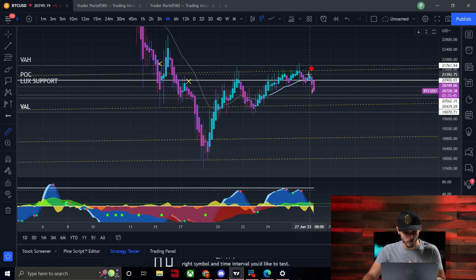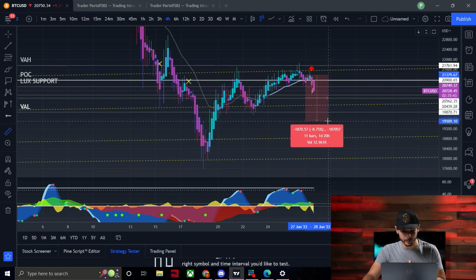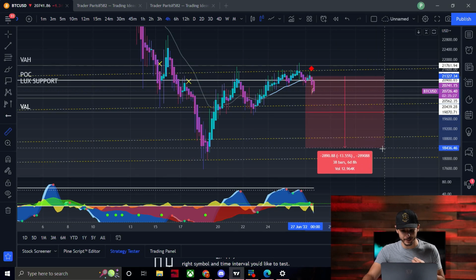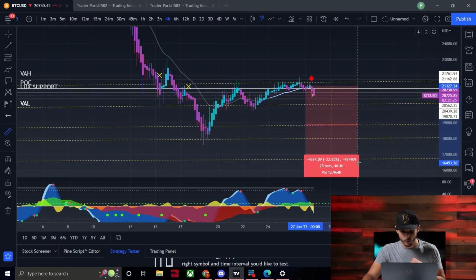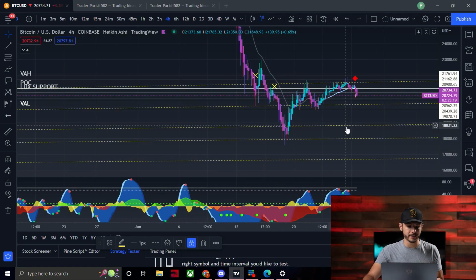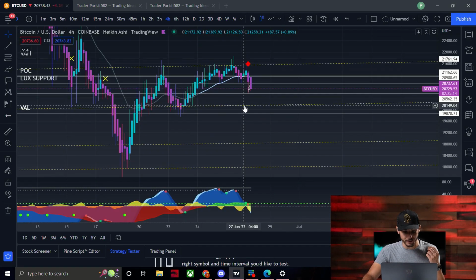Again, just to go over it one more time, 5% down from here would bring us pretty close to this spider line. It would make a lot of sense to take a lot of profits if you're in a short right now at that spider line for a potential bounce up. And if we see things start to get really bloody, like that last 3-hour blood diamond, it brings us down about 20%. We do have this spider line down here at about 16,740, but we'll see how it plays out. There's no guarantees that we'll make it down there, but right now, the next level I'm watching for a potential bounce is going to be at about